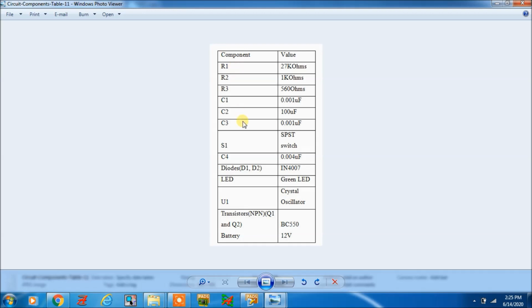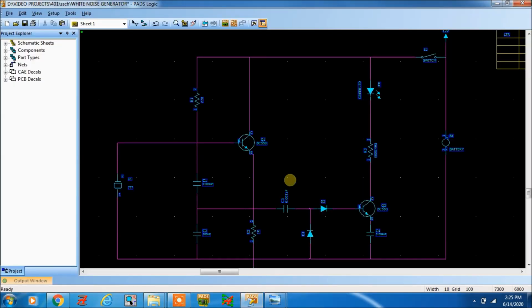Here the package is not mentioned, so just temporarily I am taking, as per the schematic, what is there in the library. Simply I am taking that one. See, R1 I will take a resistor, capacitor 0805, and whatever is available in this library. Now I am creating a simple schematic and importing it.